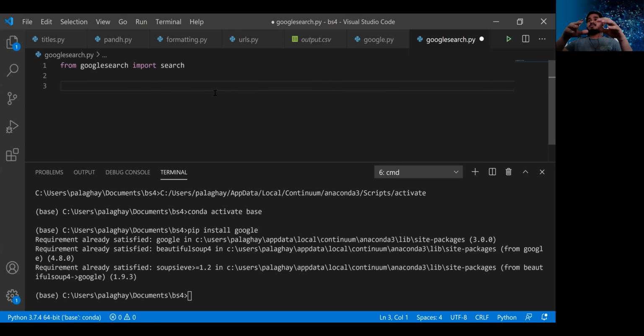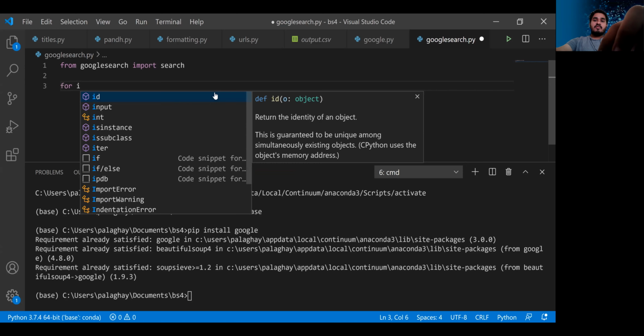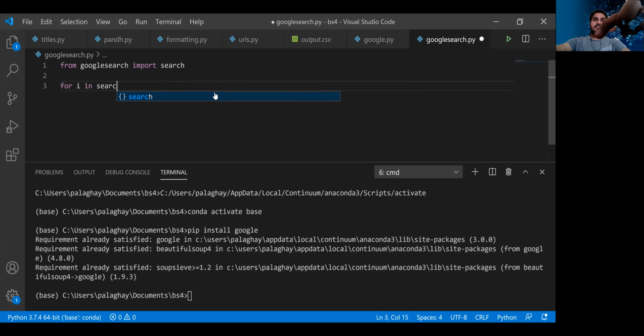What we are trying to achieve in this is to pass a query. If you want to search for your name, let us assume that I am searching for my name in Google through this Python library. I will just pass my name to the Google search library, and it will perform Google searches and return all the links that are available in Google search with your name. So just loop through the search function: for i in search.